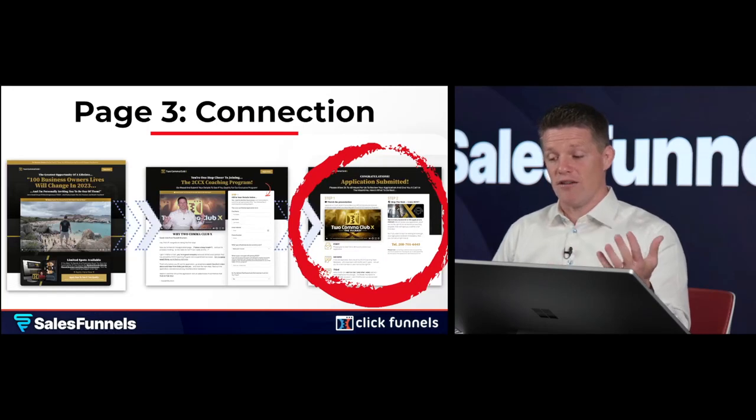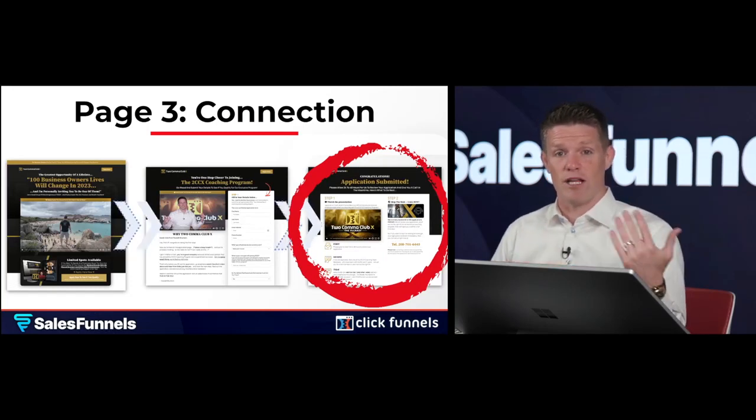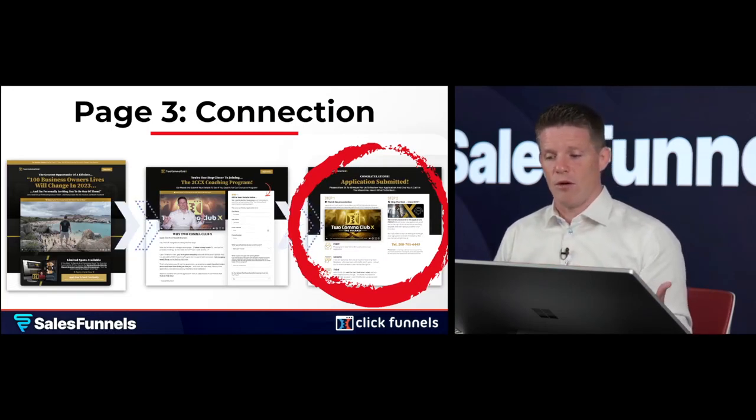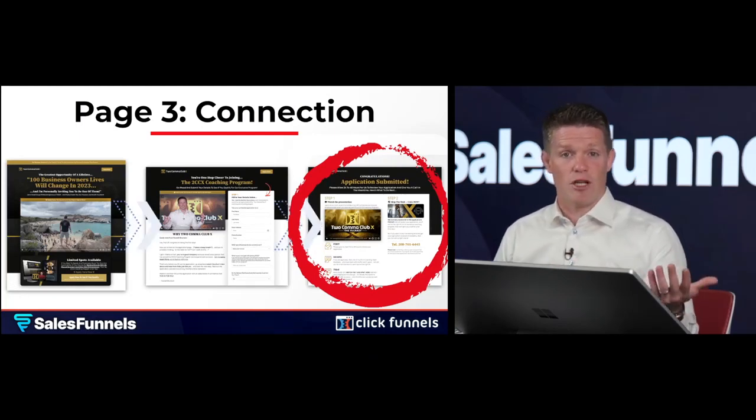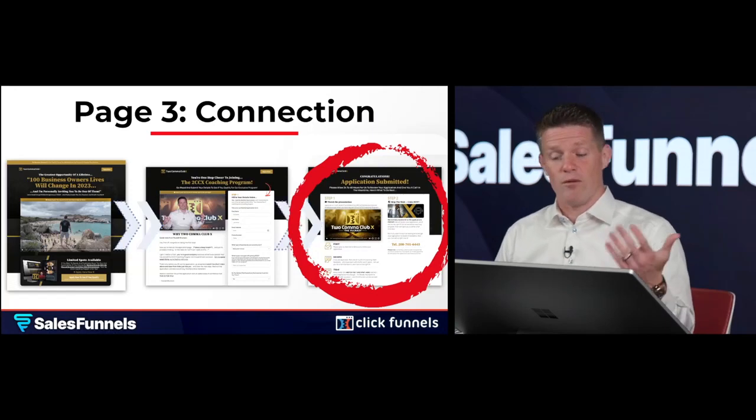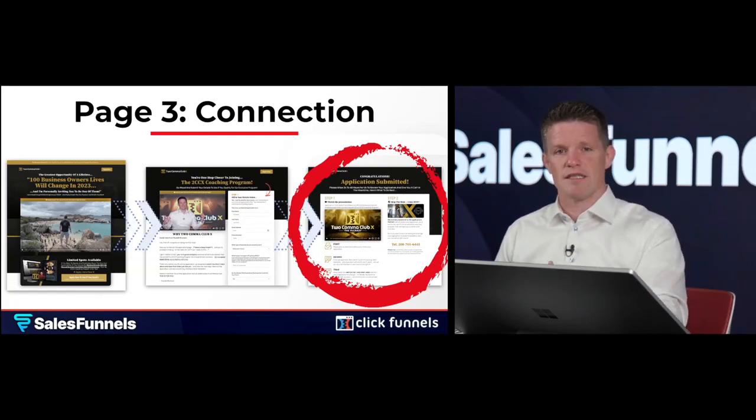And then if you're interested and you wanted to get started right now, give us a phone call and we'll get you enrolled, right? Typically what we do at this point is we literally have somebody call them on the phone, tell them we got your application, we think you'd be a good fit, or we don't think you'd be a good fit. If they are a good fit, we take their credit card. It's the most simple, easy thing in the world. The sales funnel does the selling for you.